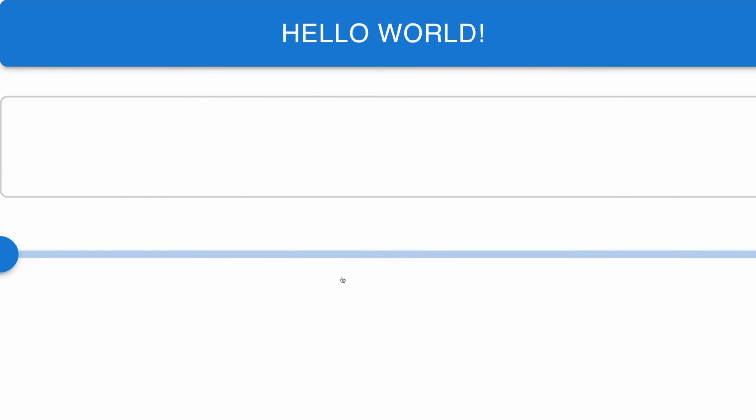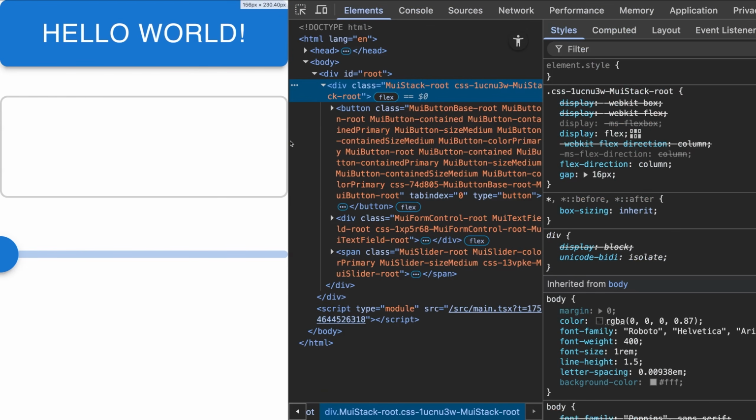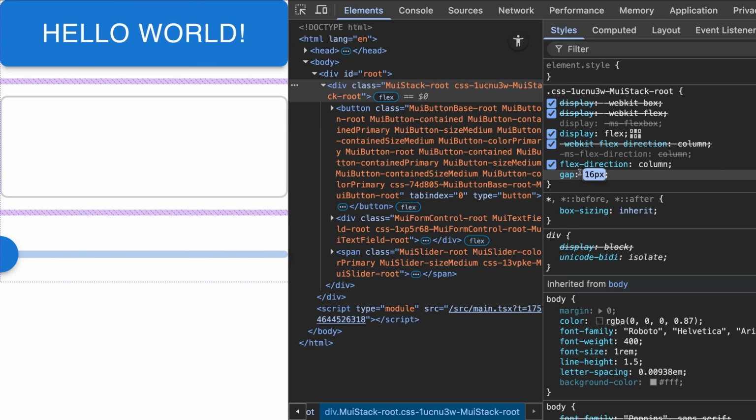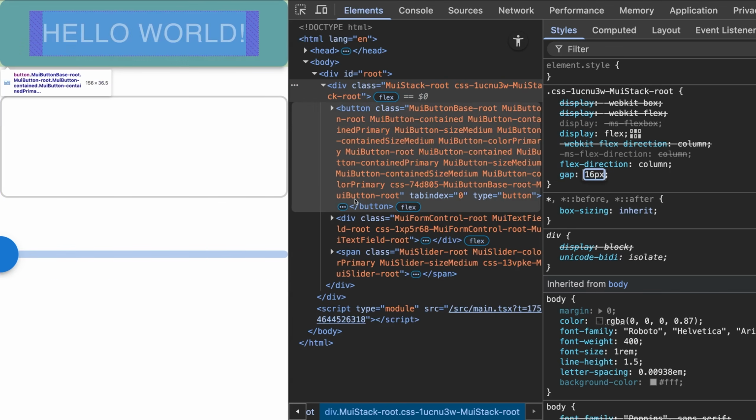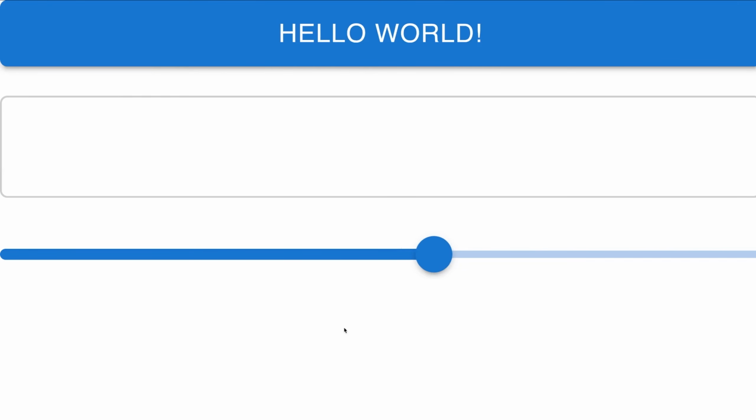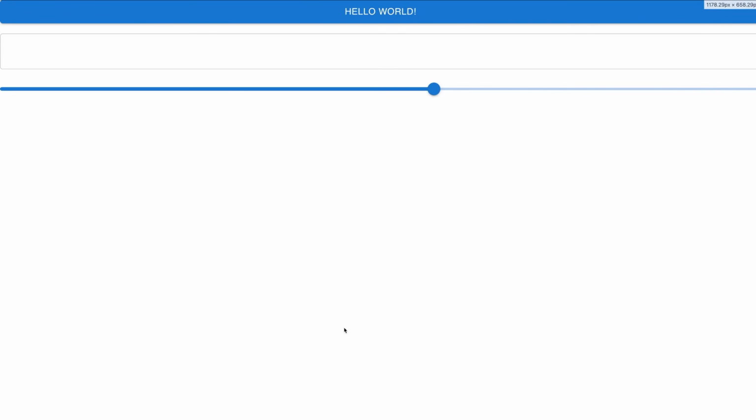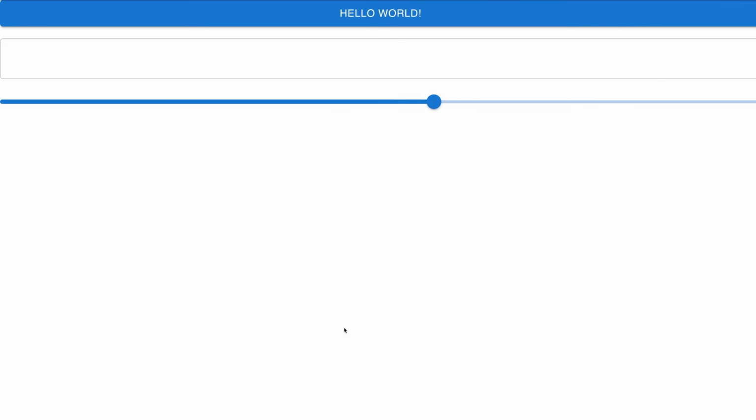And if you head over to your application, you see that we have a vertical layout for our elements with a gap of 16 pixels because we are using 2 units of 8 pixels here. And if I make the screen a little bit smaller, you see that everything is fit to the width of the screen, but I don't want this behavior, and I want everything to be centered and have